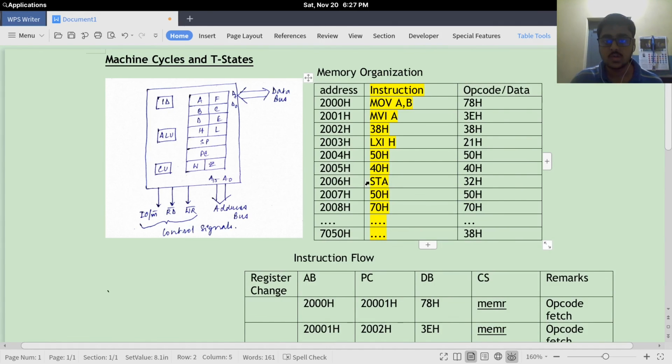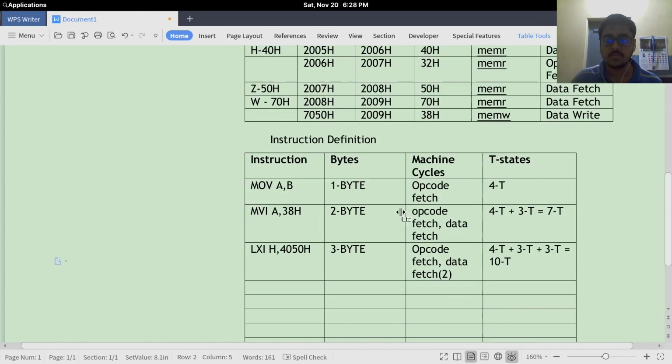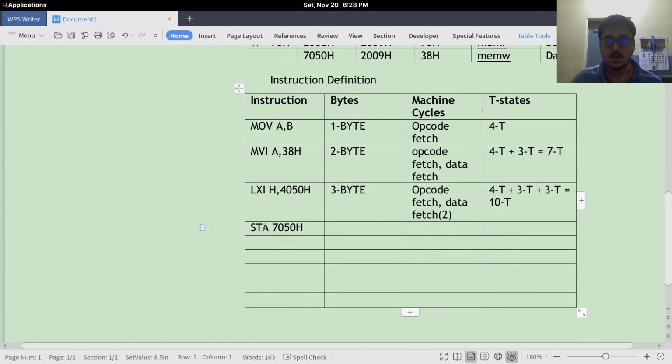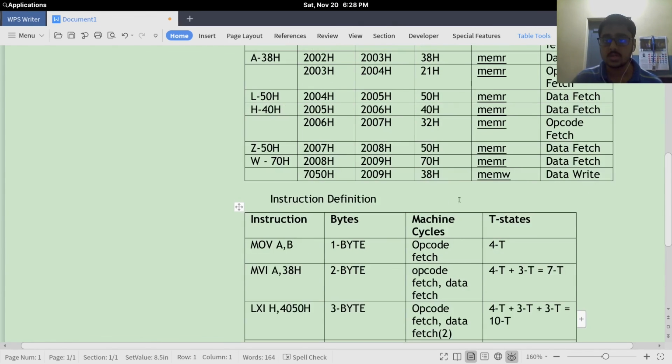Then we have an instruction which is STA 7050H. We need an opcode for STA, and we are passing 2 data bytes. So it's a 3 byte instruction. For decoding the number of machine cycles for the instruction, we need an opcode fetch, then data fetch, then data fetch, and a data write.